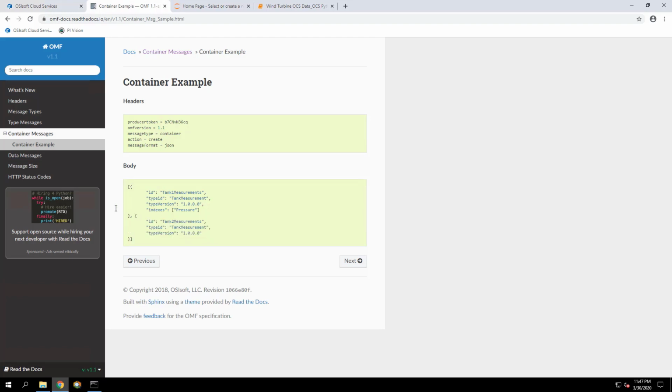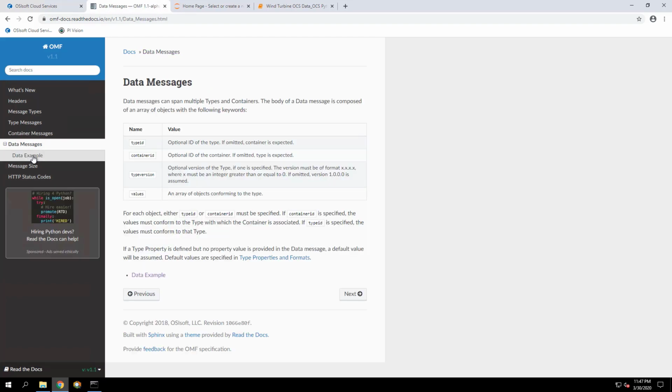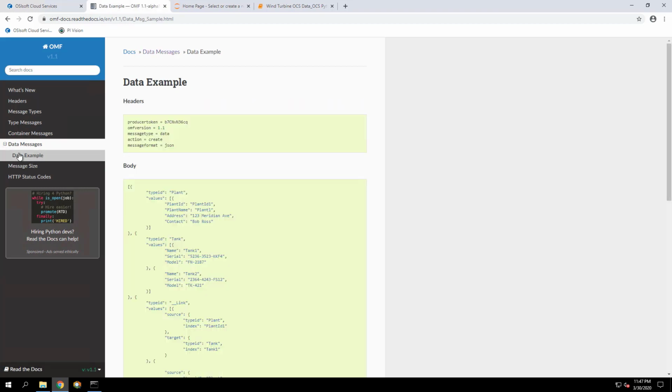And for data, data is the values you want to send to a stream. We can look at an example here. Again, in the message type, you specify data, and this is where you specify the data you want to send. You have to make sure you're pointing to the ID and then the values. Here's another one.